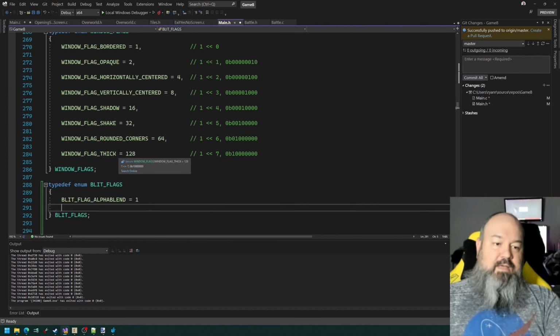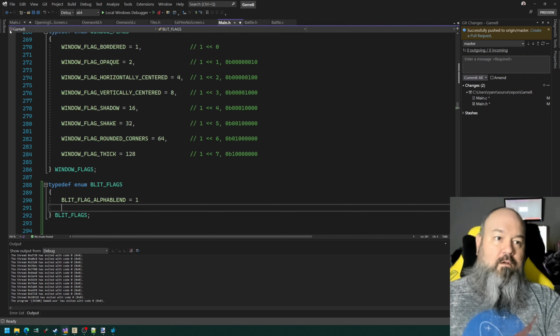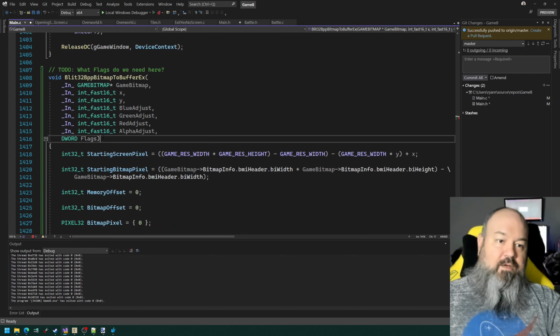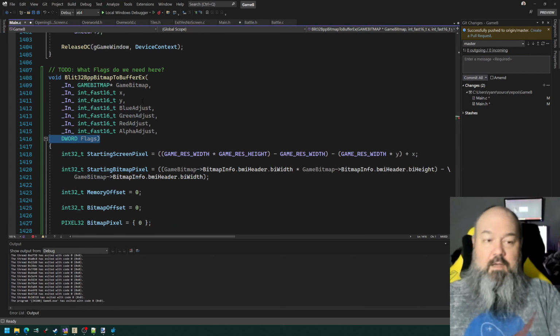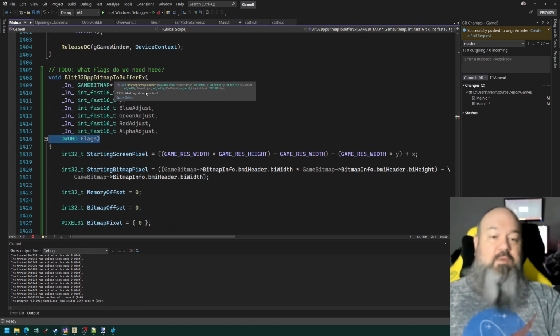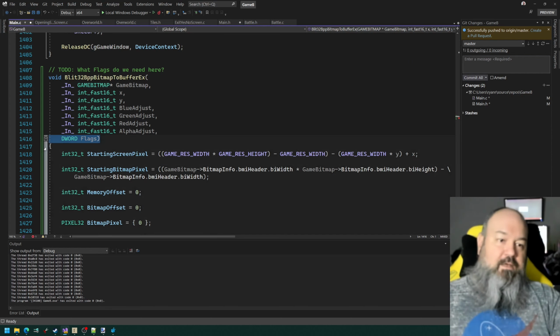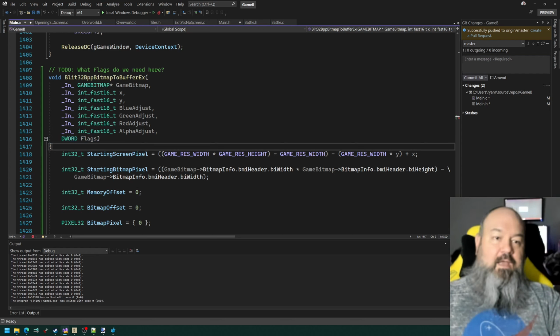Okay, and that is our only flag for right now. We may come up with other flags later. That's the whole beauty behind using flags like this: we can implement an infinite number of flags as we go, as we think of them. But for right now, we only have one flag, and it is alpha blending. So